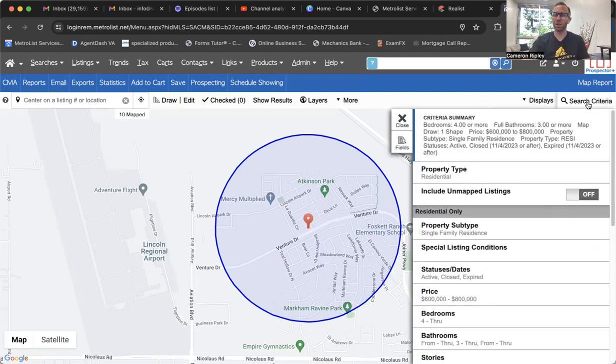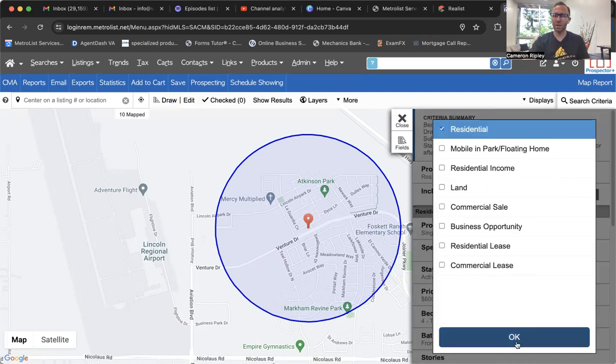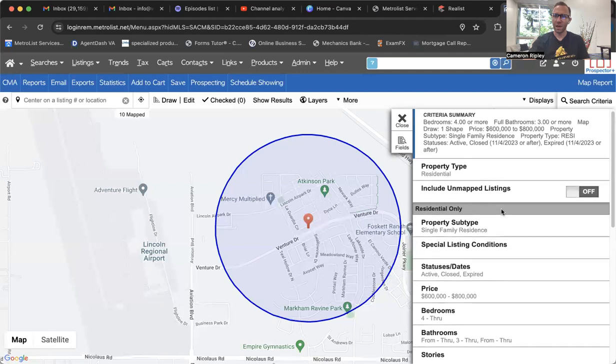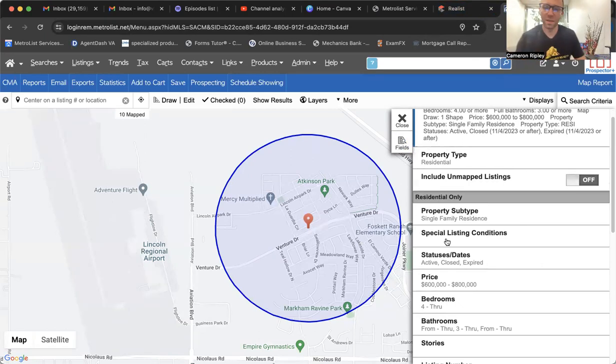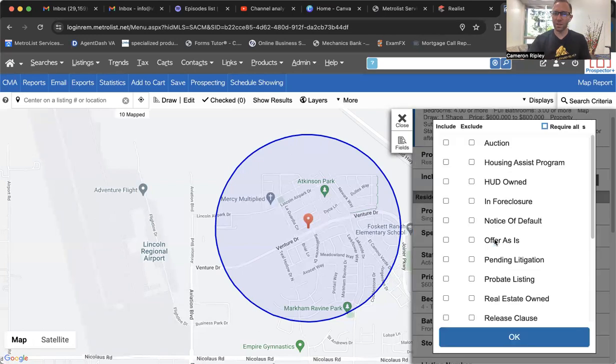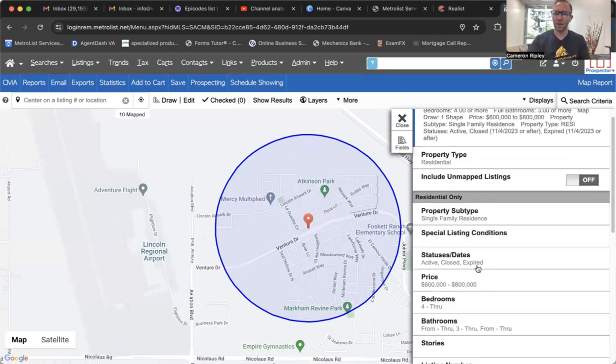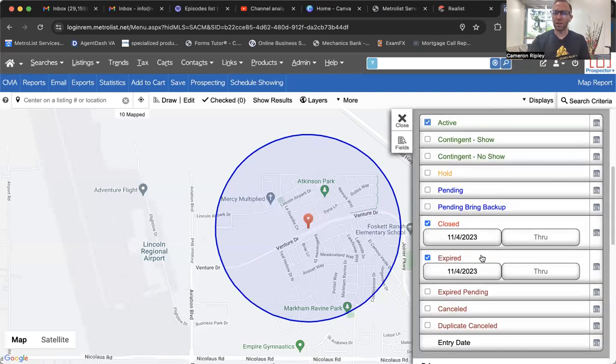But then I click here to search criteria. Cool thing about this is if you just don't remember any of this, you can just keep going line by line. Okay, residential. I also have a tab open under Realist that has the property information. So I know that this is a 5-bed, 4-bath house. Special listing conditions, none. Property type, single family. There might be some condos in here. And then the couple things that I like to look at